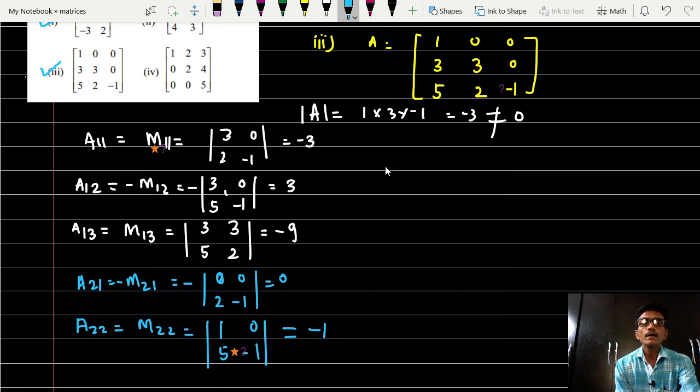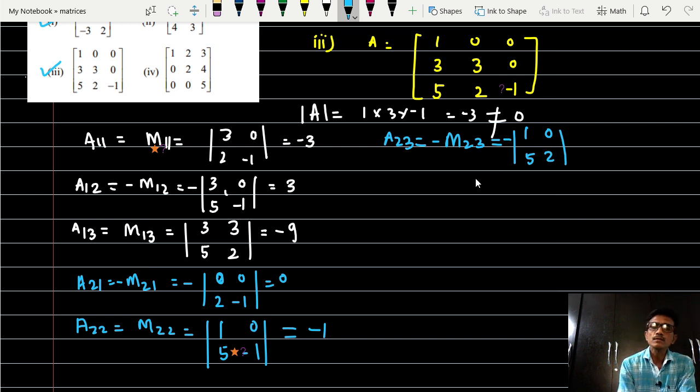Then A23 is equal to minus of M23, and it is equal to minus the value of the determinant with the second row and third column deleted. So second row and third column deleted, leaving 1, 0 and 5, 2. What will be the expansion? It is 2, and that with the minus sign it will be minus 2. After that